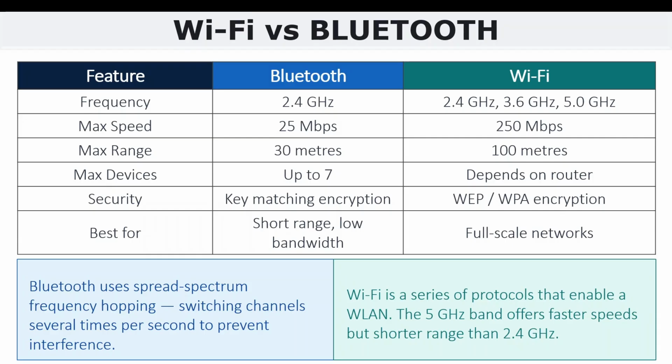This helps to reduce interference and improve the reliability of data that is going to be sent, and again enhances the security of data that is being sent from one device to another. So that is it for Bluetooth